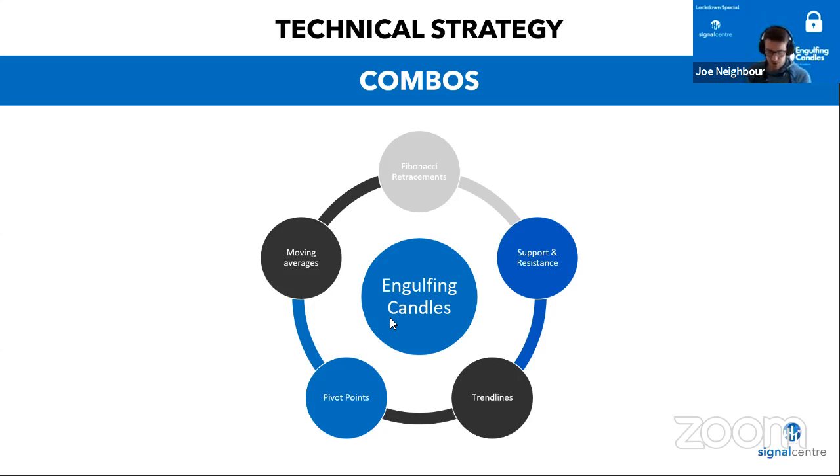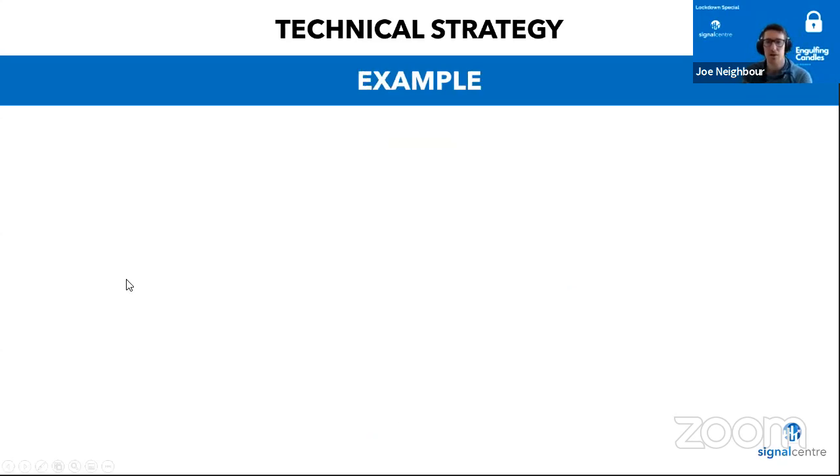There are excellent opportunities for a good risk reward by using the engulfing candle in combination with other levels that you've identified. I'm just going to chuck up an example here, which I've drawn out for you. So this is how you could potentially look to trade an engulfing. This would be a nice setup, and something that certainly would excite me if I was looking to trade